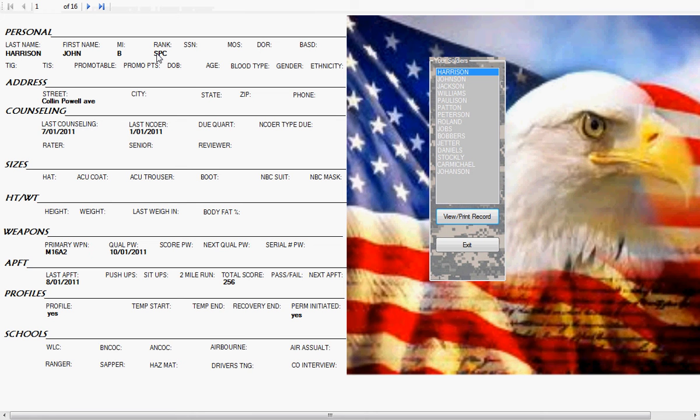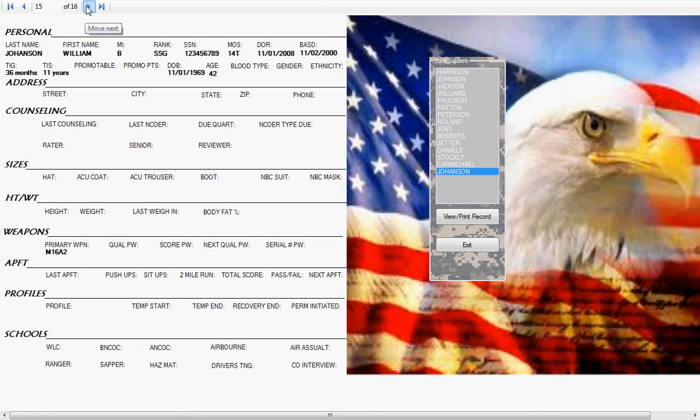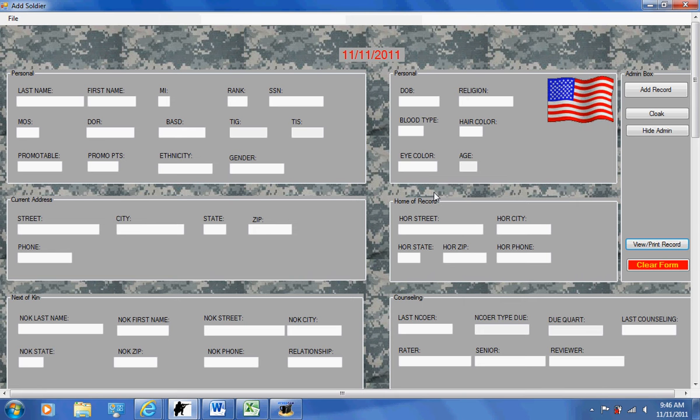Also, you can scroll down, go to many different, or you can scroll through in this avenue. Okay, so that's just a little bit about that, and then we'll exit right here and go back to our main agenda. Then once the soldier is complete with the whole screen,